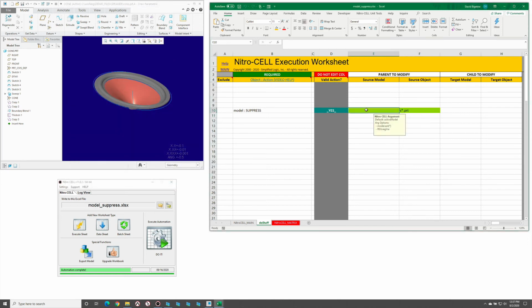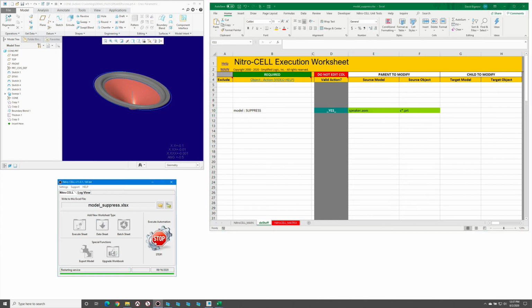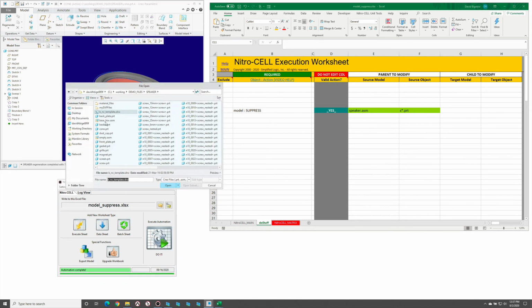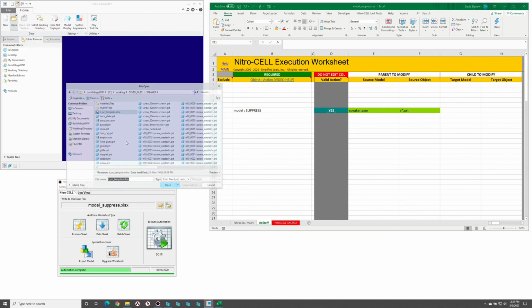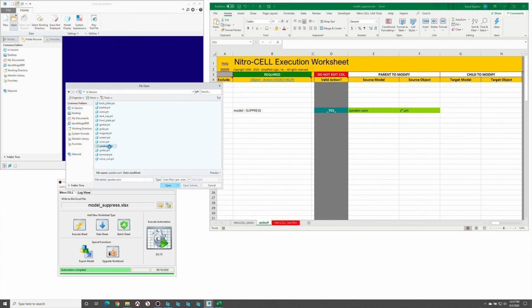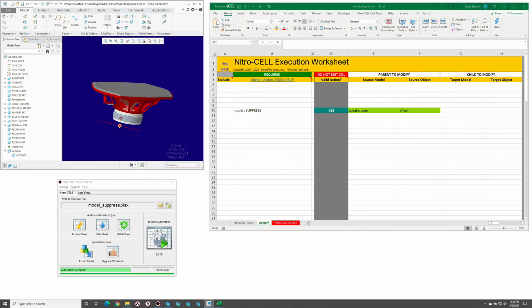So if we type in speaker.asm and run this command, now that we have that completed, I'm going to close this window. Oops, let's close this window, open up our assembly that's in session, and you can see that it in fact did perform those suppressions on the in session model. It didn't have to be active in this particular